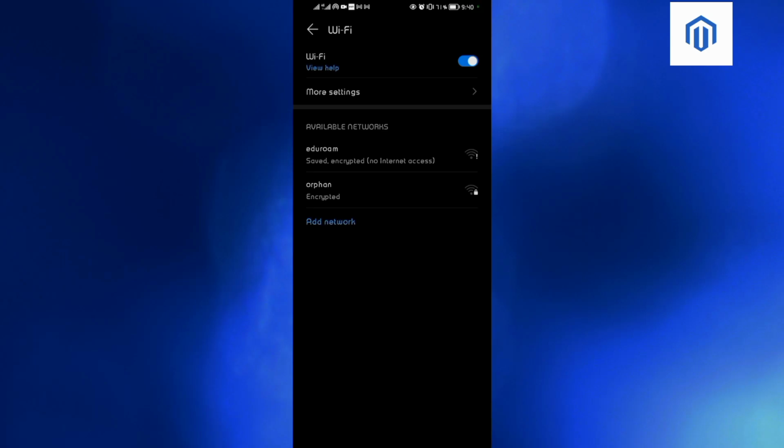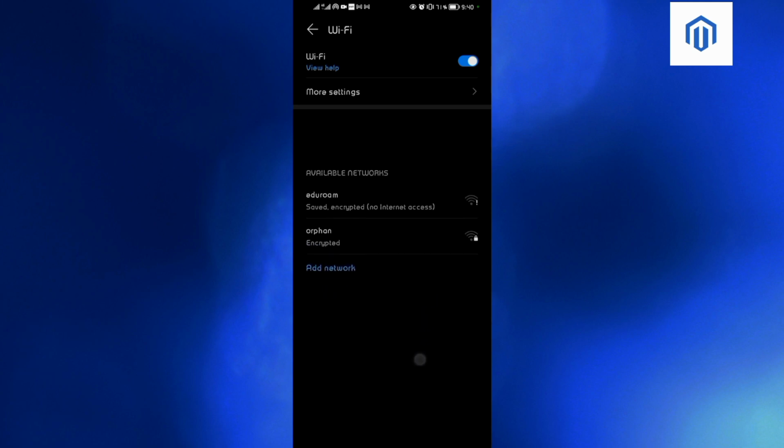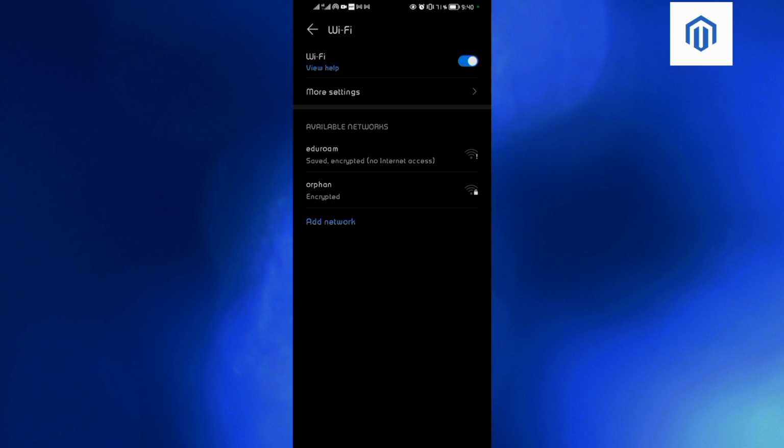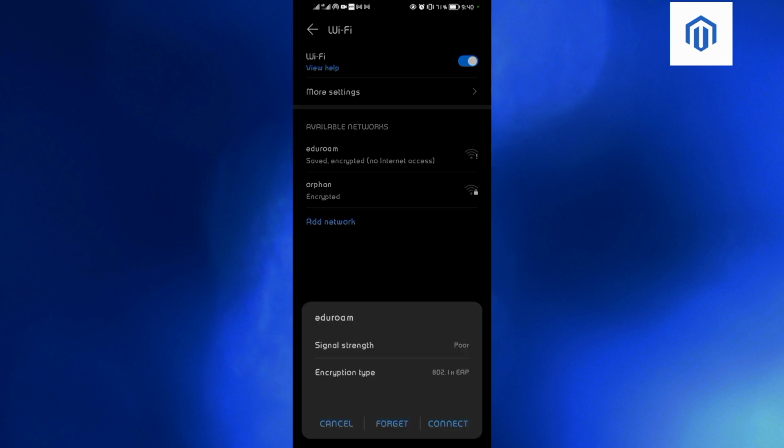In today's video, I will show you how to check Wi-Fi gigahertz on Android. As you can see, I'm having this network over here. It's called EdRoam. So the first step is to connect to this network by tapping on it and then